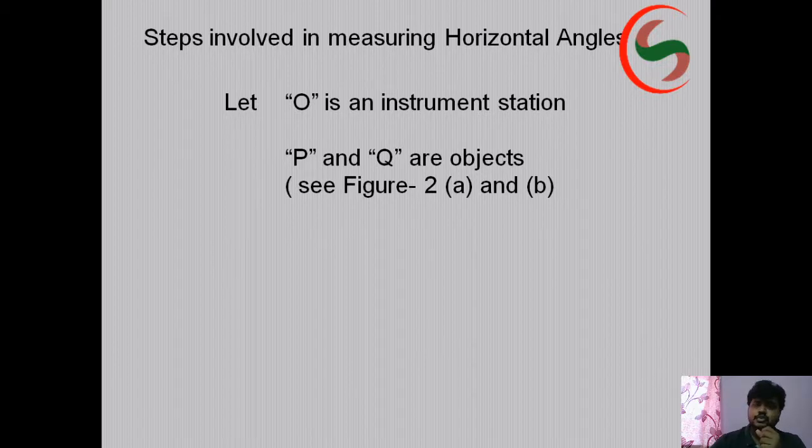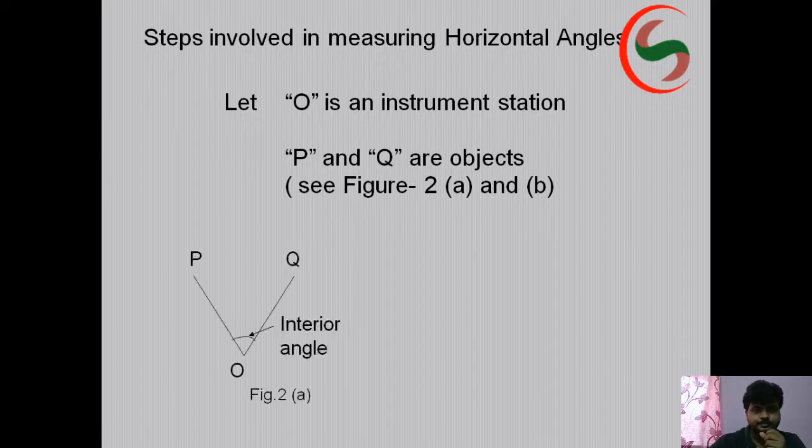Let O be the instrument point. O be the instrument point means wherever we have fixed the instrument, that point we consider as O, and we are supposed to measure the angle between the points P and Q, which are objects far away. Just now while calculating the included angle we have seen, right? So this is the position. Here the instrument will be fixed, and at the points there will be a ranging rod or some already known corner of a building or an electric pole.